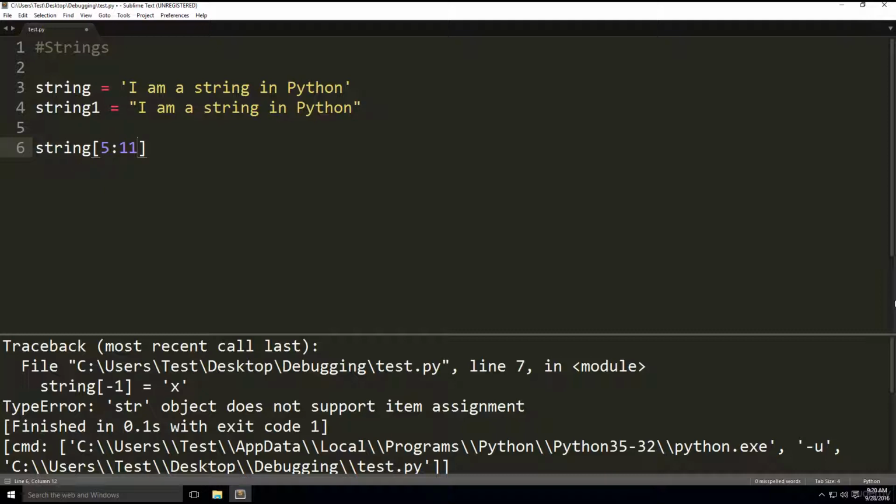This will return all characters that start with the 5th index and end with the 11th index. So let's do that. So it's going to return this right here, this part of the whole string. So if we print that out,